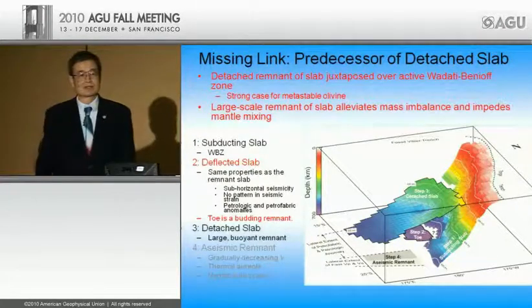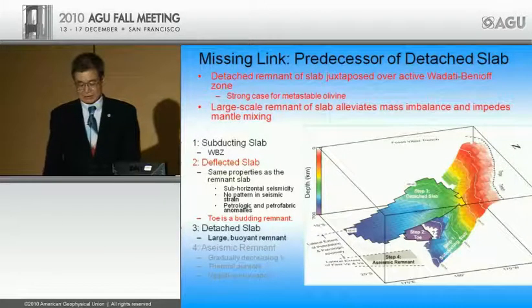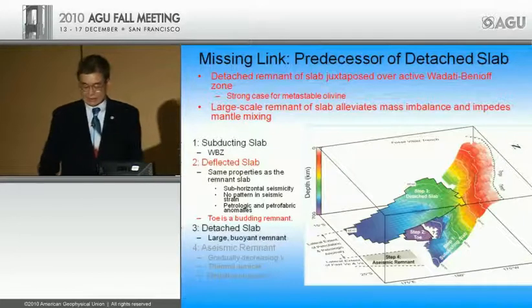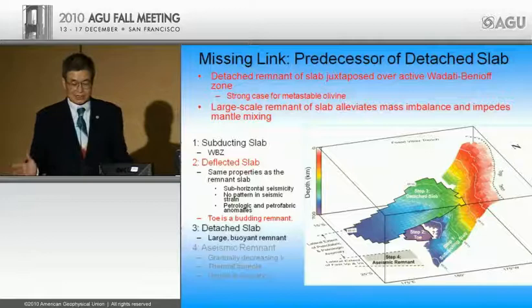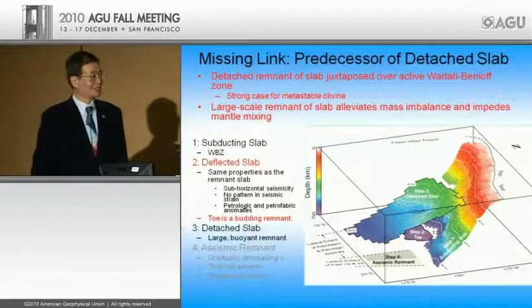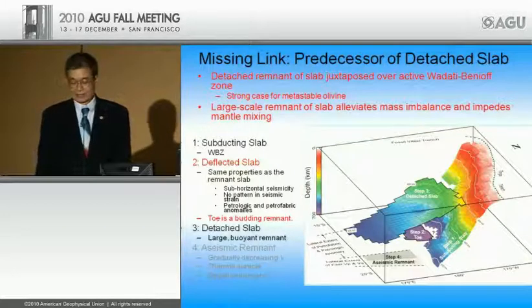Yes, over here, please. How do you explain the double zone in the upper mantle? Yes, in the upper mantle, the mechanism, metastable olivine couldn't do anything. There is no metastable olivine much above 410. So it requires a different mechanism.